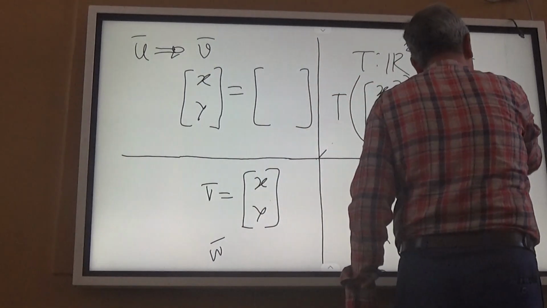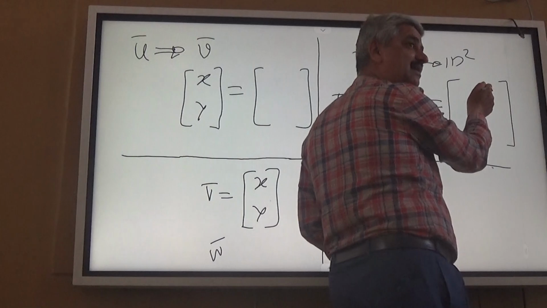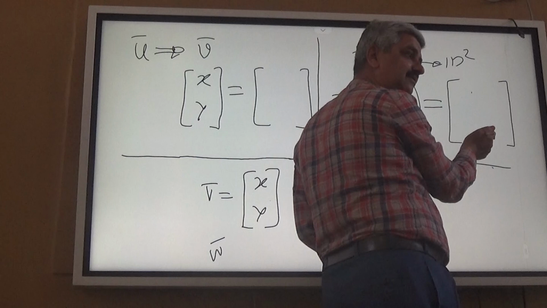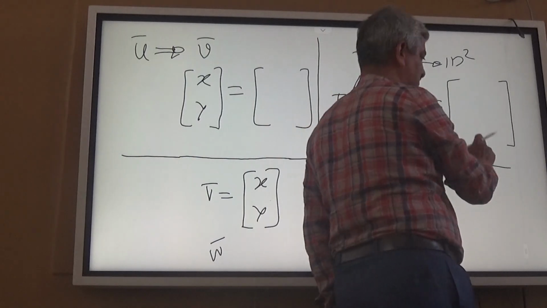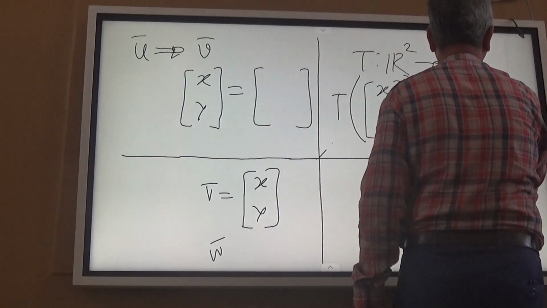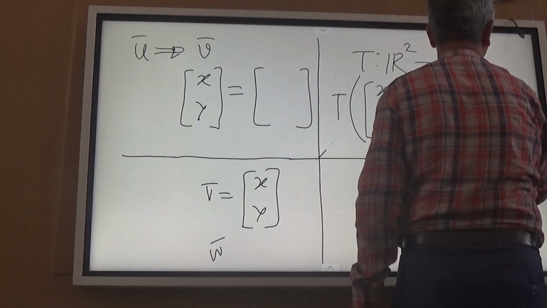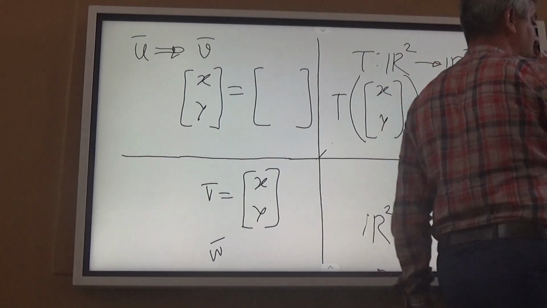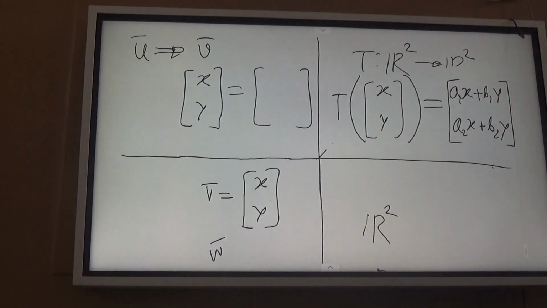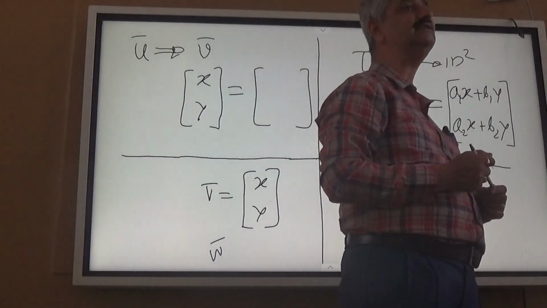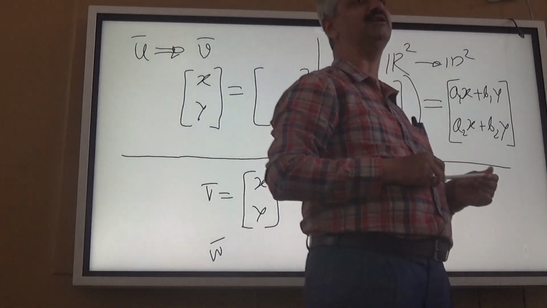सो दिस कॅन ऑल्सो बी अ कॉम्बिनेशन ऑफ x अँड y, अँड दिस कॅन ऑल्सो बी कॉम्बिनेशन ऑफ x अँड y. So a1x plus b1y, a2x plus b2y. Is it right? Is it okay? It's all right. So this is a linear transformation